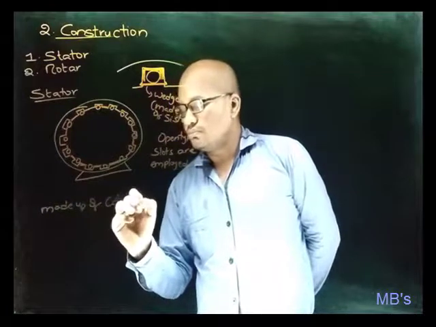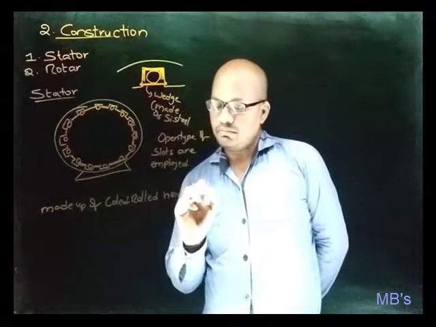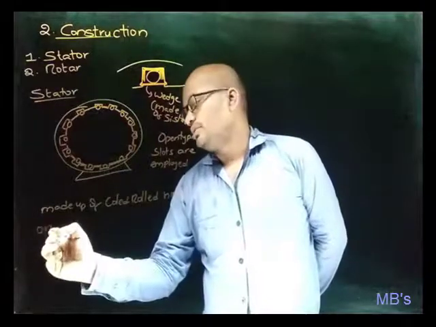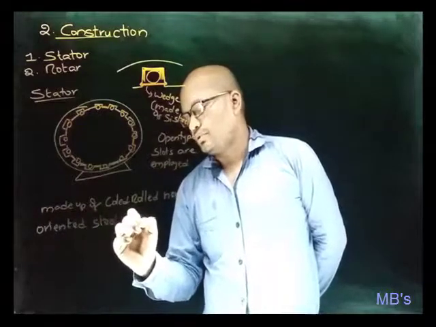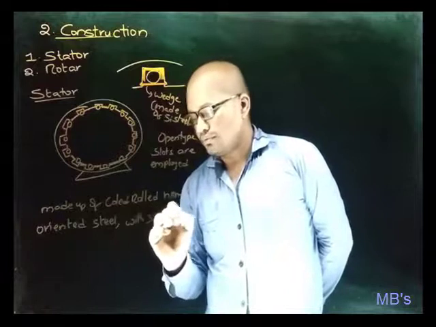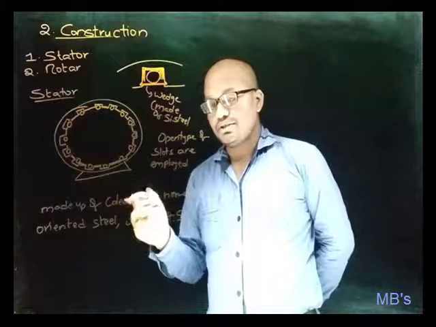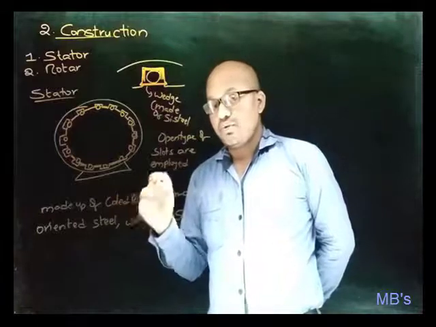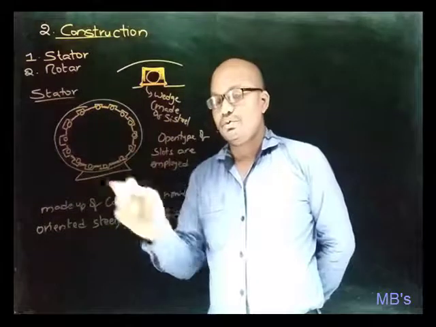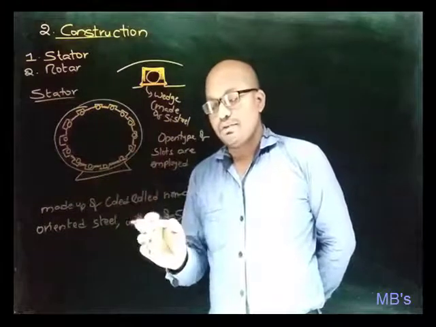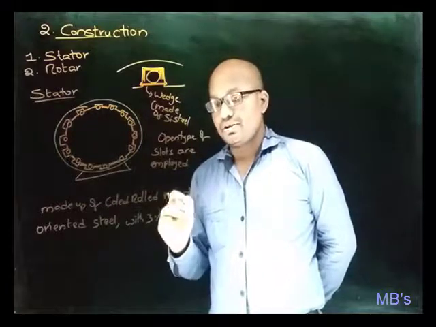cold rolled non-direction oriented steel with 3% of silicon. So stator is made up of cold rolled non-direction oriented steel. Here non-direction oriented is used, whereas direction oriented is suitable for linear structures. This is not a linear structure, so non-direction oriented steel is used, and 3% of silicon is added to reduce the eddy current losses, and